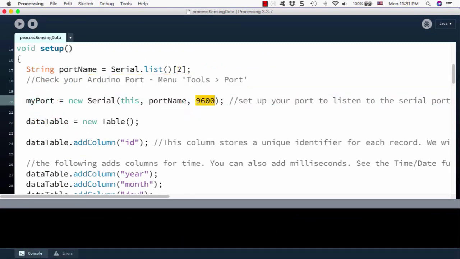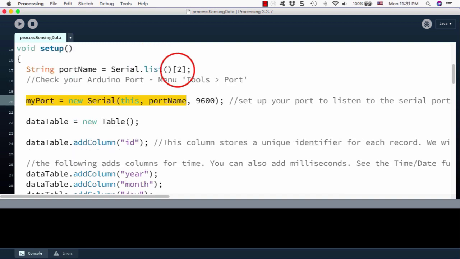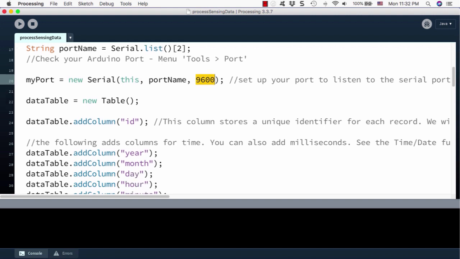Next we have to define my port variable as a new Serial, with the port name that we checked in our Arduino port menu, and then we set the baud rate to 9600, because we already set the 9600 baud rate in the Arduino. We have to synchronize to the same number as the Arduino, and then Processing can communicate fluently. And after that,